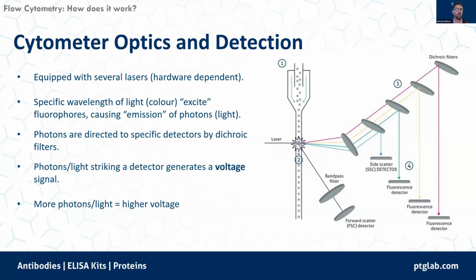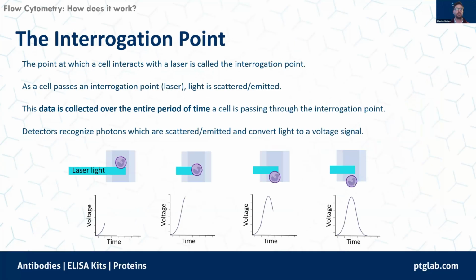And when those photons or that light strikes the detector, it's going to generate a voltage signal, so like an electrical signal. And effectively, the more photons or light that you are causing emission of from a particular cell, the higher the voltage signal you'll have. And you can get that as a measure to get an idea of how much protein is present in or on your cell. But I just want to give a bit more detail as to what exactly